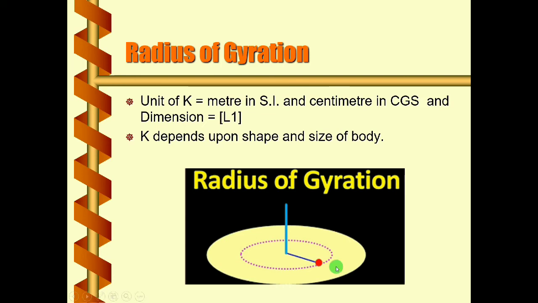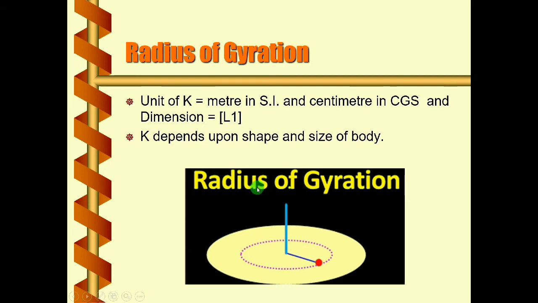So what I will do, I will keep this point mass at the proper distance, so that the product capital M and R square will be the same as that of the disc. That is, I want to maintain the value of moment of inertia the same here. So I will put this point mass at some particular distance, and that distance will be nothing but